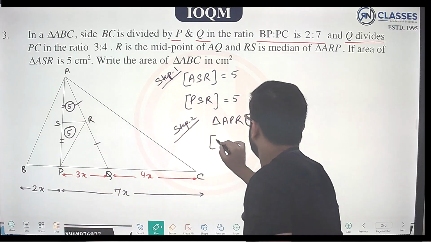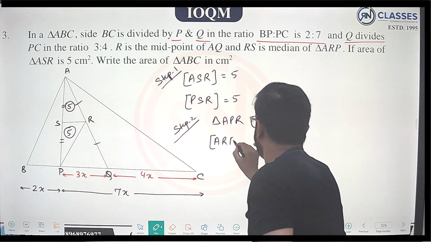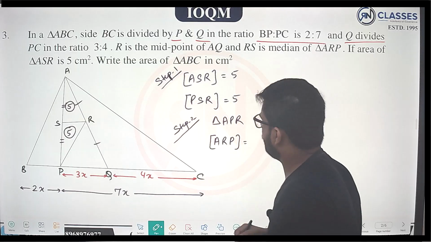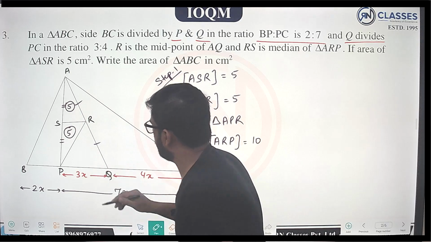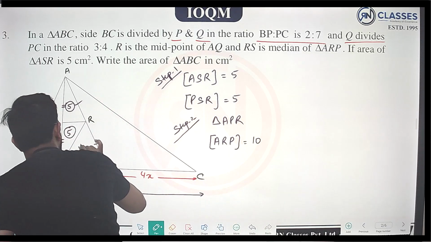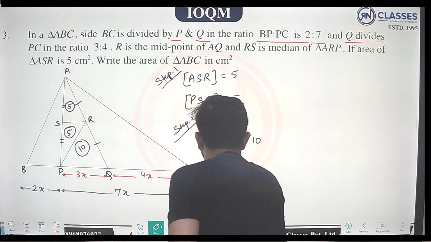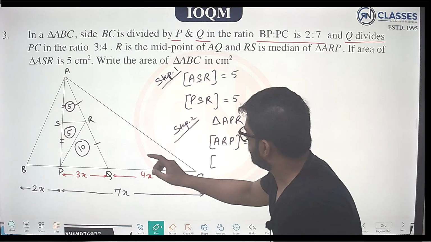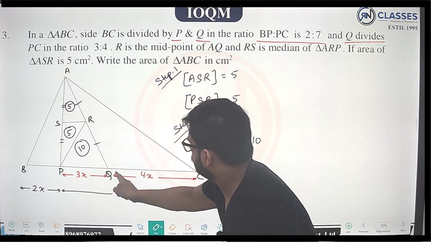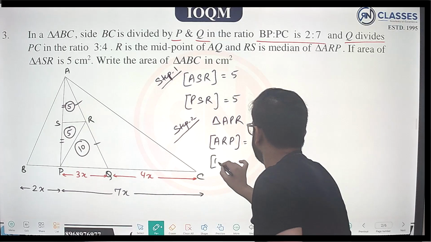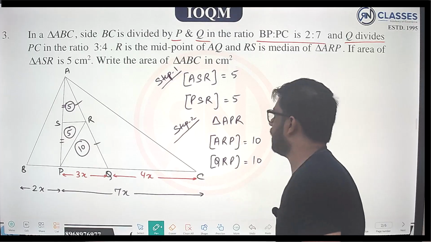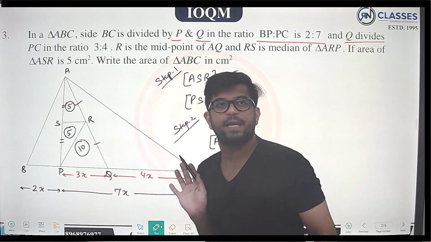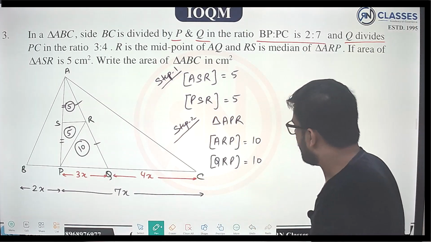ART, इसका एरिया कितना बना? 10, वंडरफुल। अगर ये 10 बन गया तो मतलब ये भी 10 ही होने वाला है, मैं यहां पे 10 मार्क कर रहा हूं, ठीक है। सो मतलब कि ART तो QRT भी 10 ही होगा, ये 10 तो ये भी 10, टोटल 10 आ गया, ठीक है।